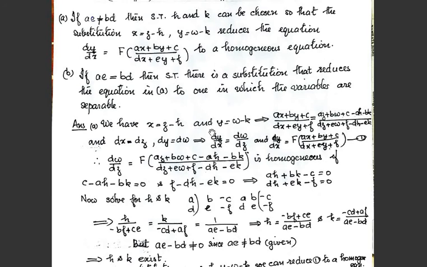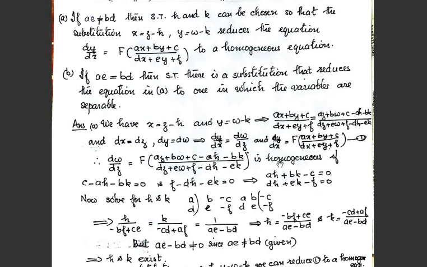Substitute x as z minus h and y as w minus k. You will get such an expression. And what is dx? It is dz, dy is dw, and dy by dx is dw by dz. Thus this equation dy by dx equal to f of (ax plus by plus c) divided by (dx plus ey plus f) becomes dw by dz is equal to f of this much quantity,